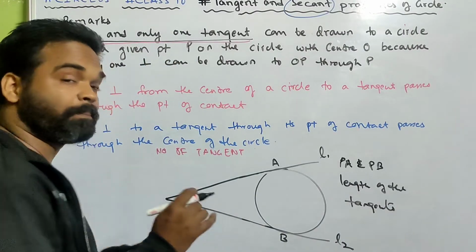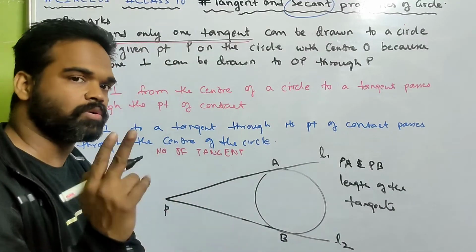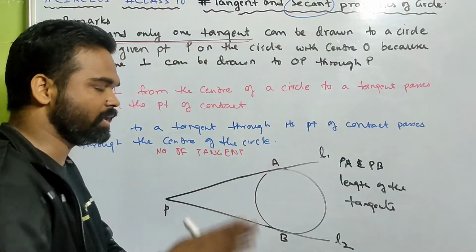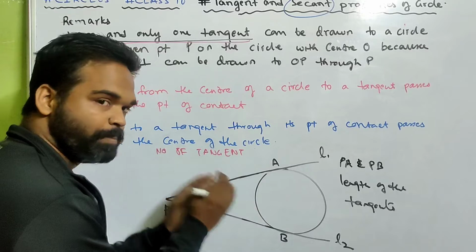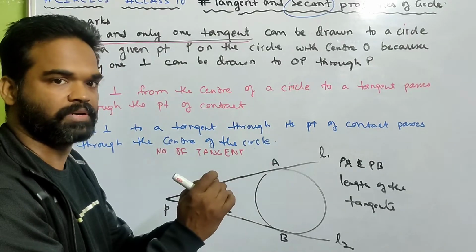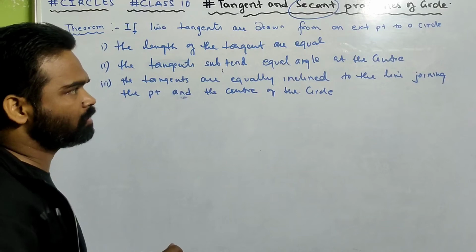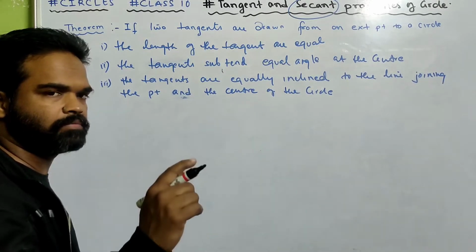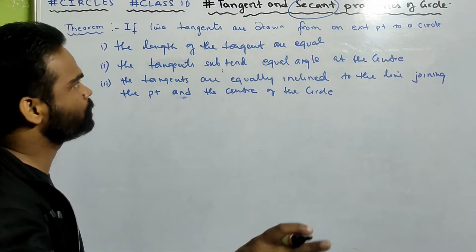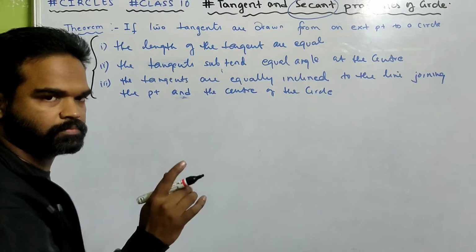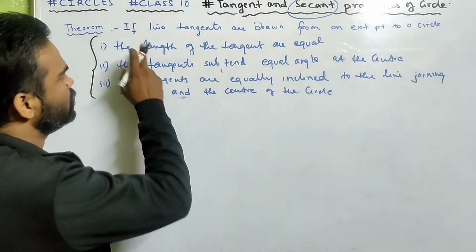So from a point P outside the circle, you can draw 2 tangents, and PA and PB are known as the length of the tangents. And now based on this, our next theorem, which is very important. Now just now we did that 2 tangents can be drawn from a point which lies outside the circle. So these are my theorems from that particular point. What? If 2